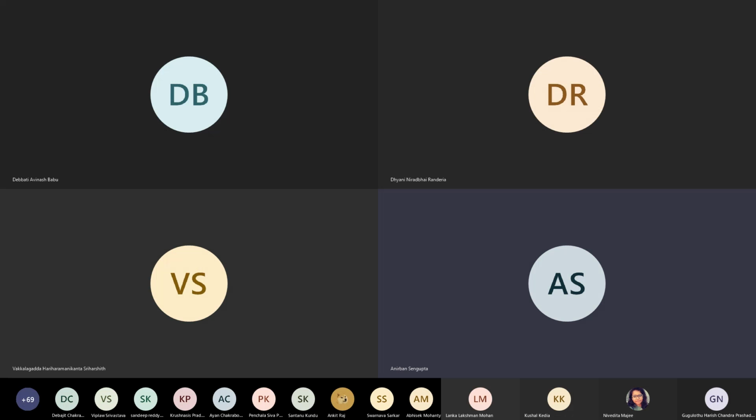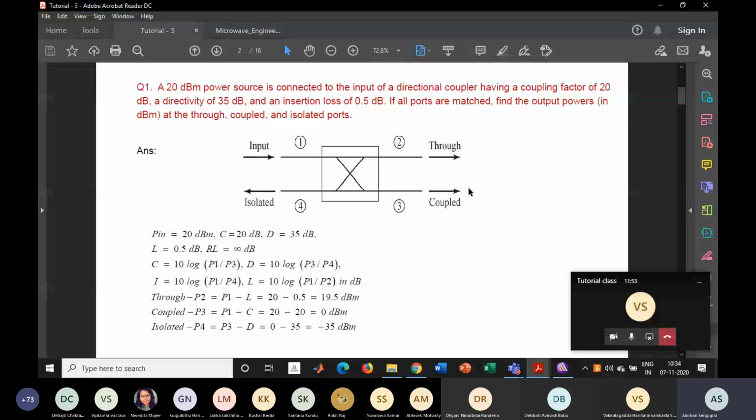35 dB and insertion loss of 0.5 dB. If all the ports are matched, find the output powers in dBm at the through port, coupled port, and isolated ports. So you can see that it is one kind of a BLC thing. It's a hybrid coupler. So from port 1, the through port is 2 and the coupled port is 3, and